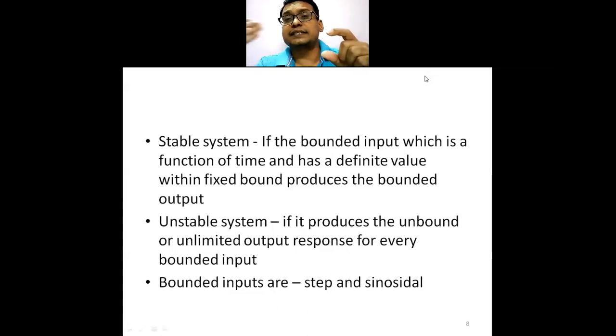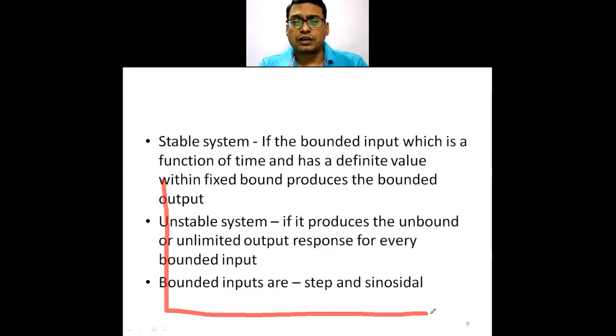Now what will be its corresponding output? If it is within certain boundaries, then the system is stable. If it is beyond these boundaries, the system will become unstable. So if we plot a graph for a certain bounded input of, say, a sinusoidal behavior, this is our bounded input, and if you plot a graph in terms of a bounded output,